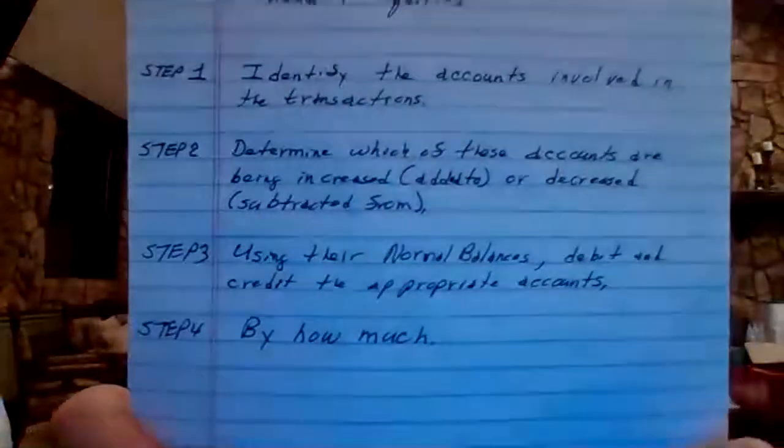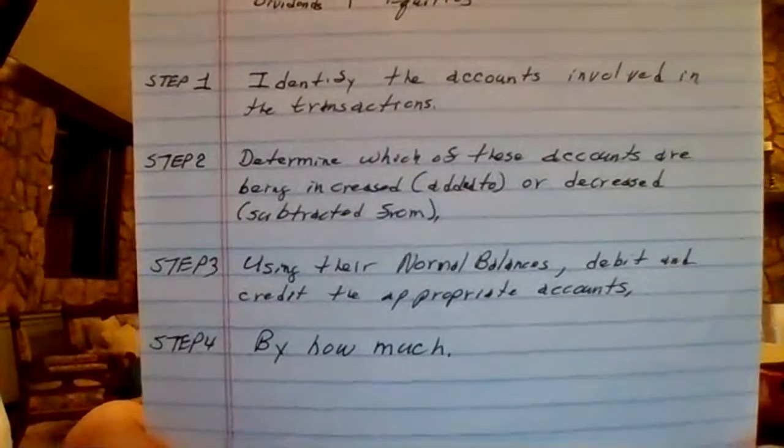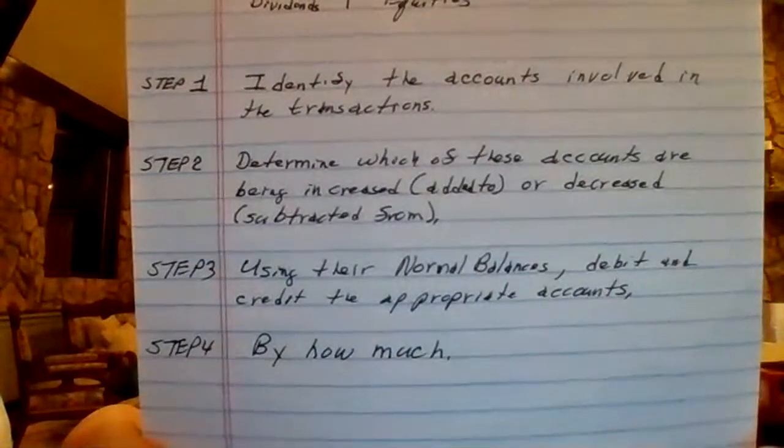Step 4 is easy. It's usually given to you, or you can compute it given the information they give you. Is by how much? And simply, what I mean there by how much is, how much are we increasing or decreasing an account by? Okay. Now, as I said earlier, I think I did, an account is merely a